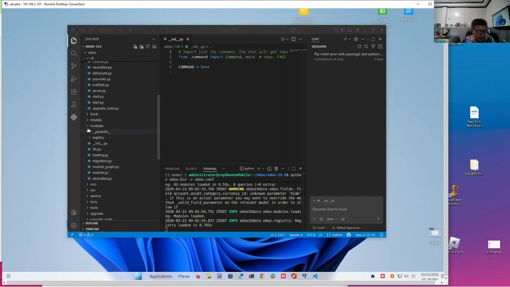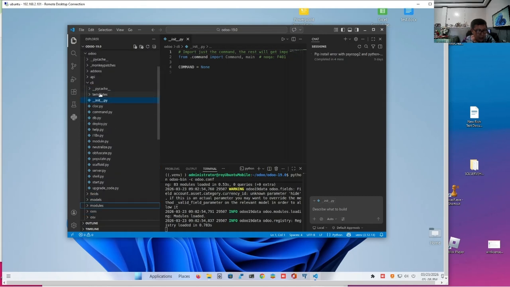These modules. Let's close this. This is CLI. Okay. We'll have to look for the function that contains the main. No, if you look at that, it's going to import command.